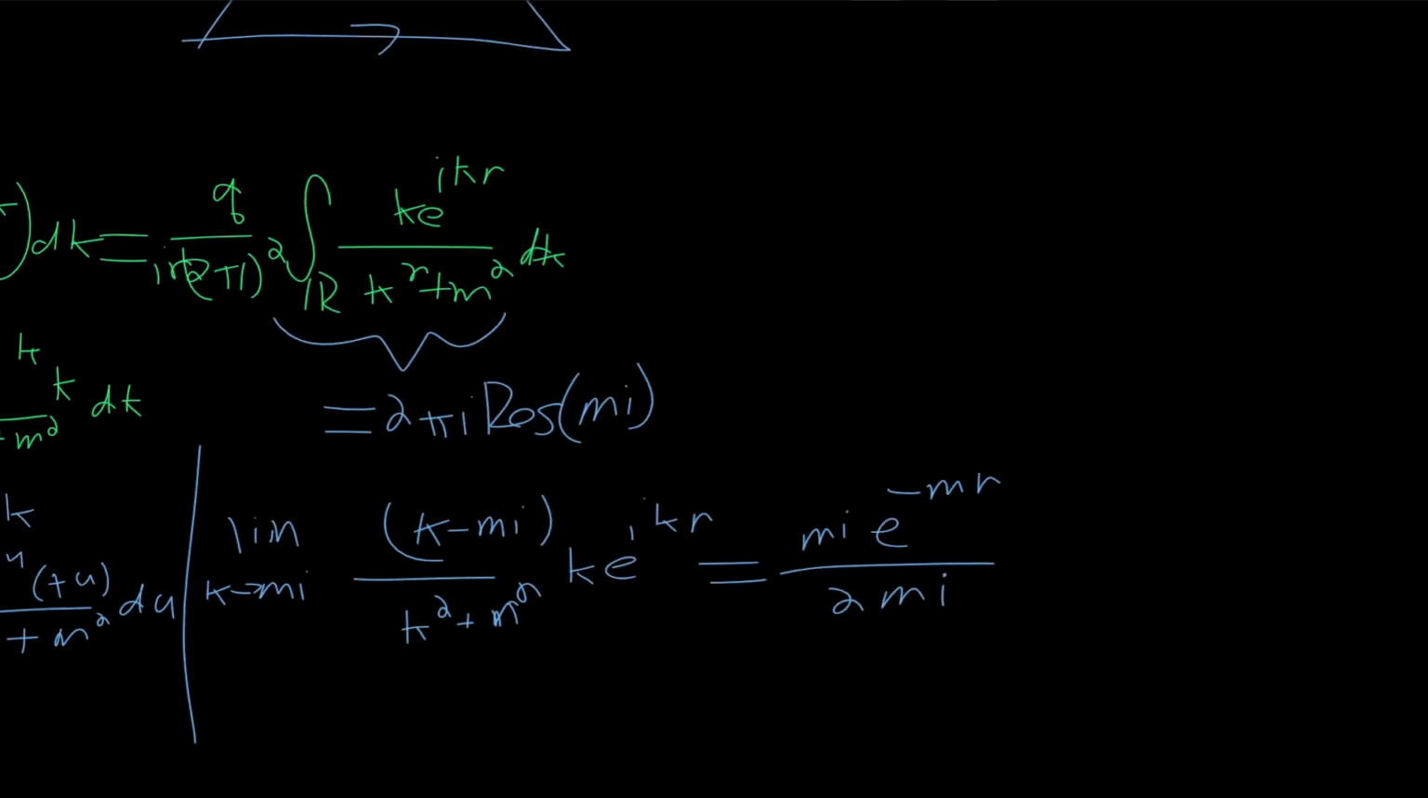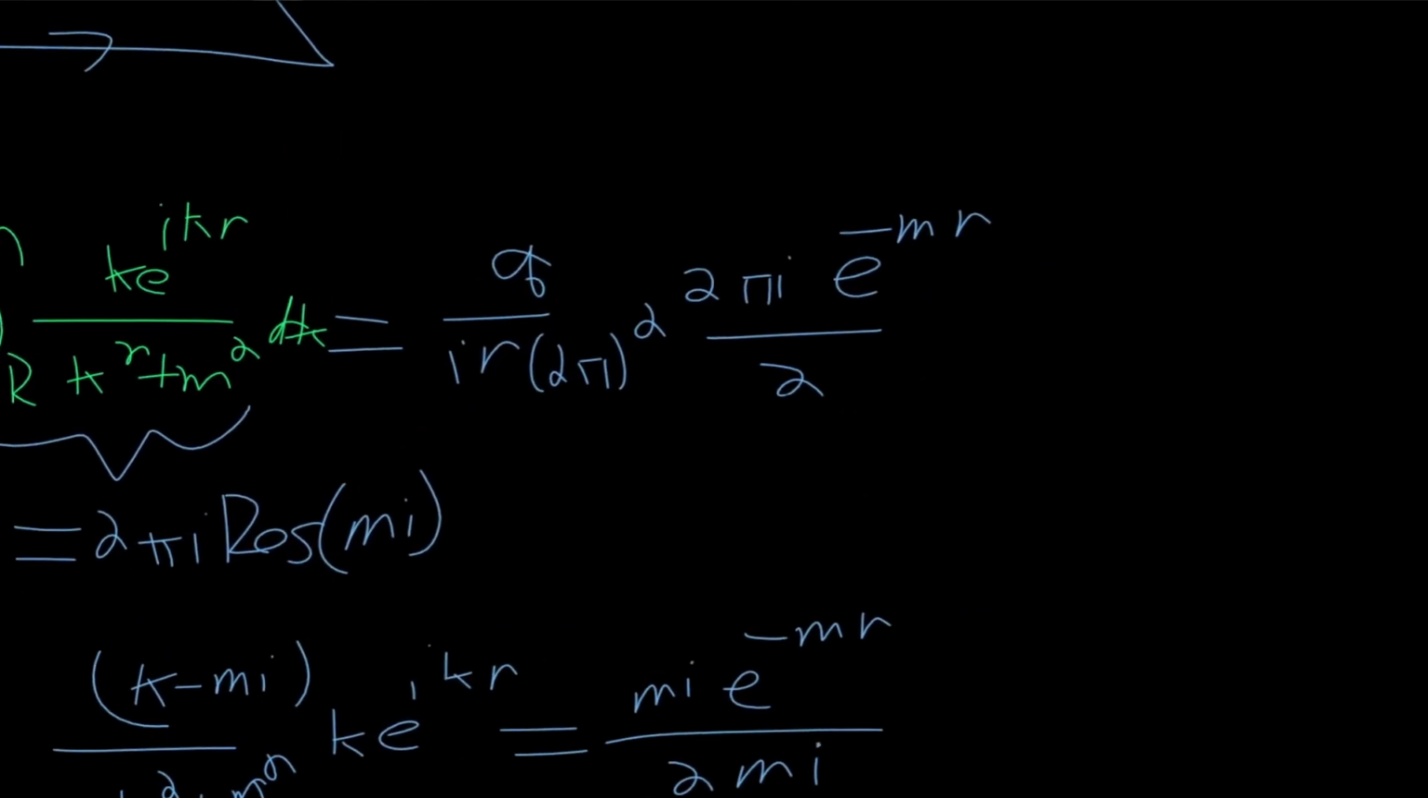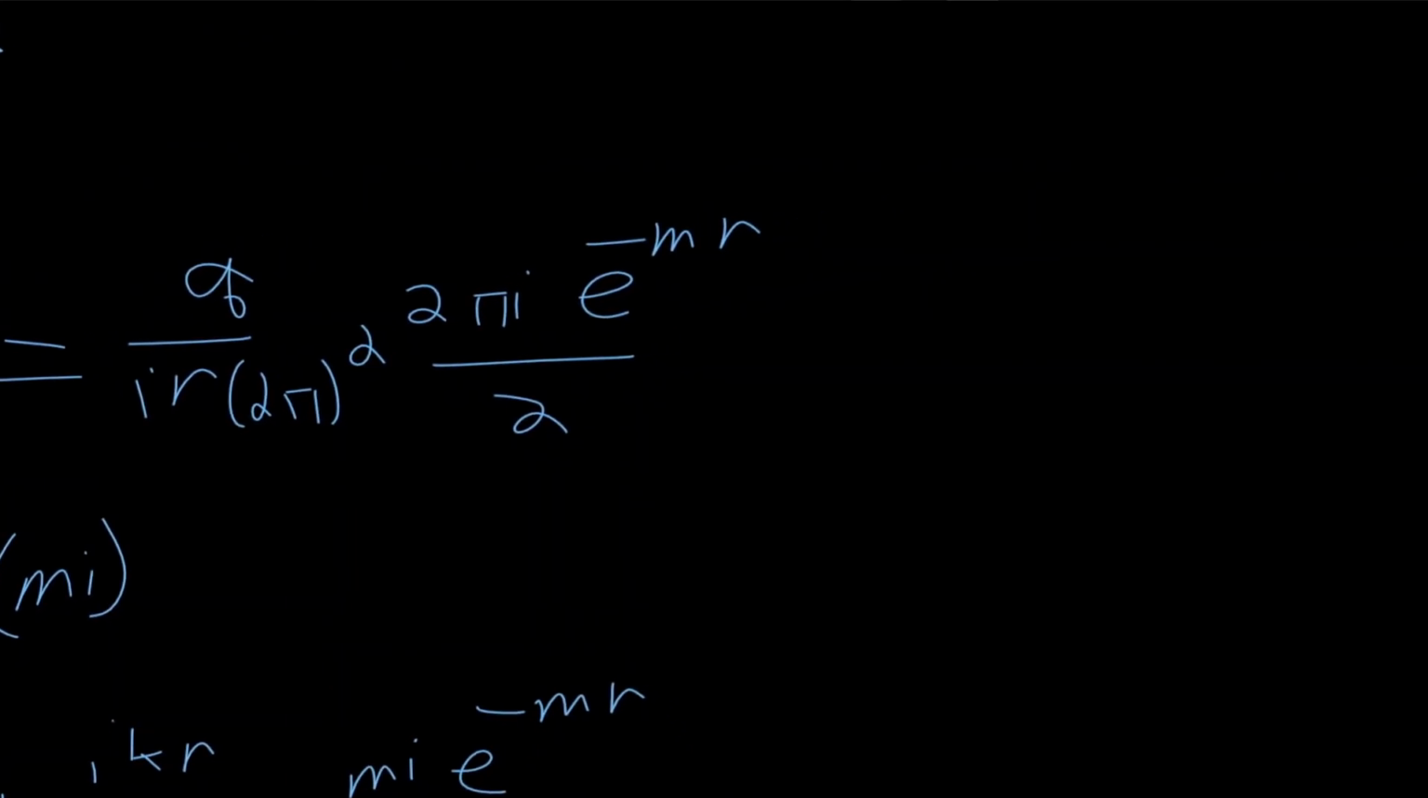Considering that's a residue, what we have then as our answer is the following. We have q over ir times 2 pi squared times 2 pi i times e to the minus mr, and then just divided by 2. So what do we get when we simplify all of this? Well, you'll see that these twos cancel, these i's cancel, so thank goodness we're left with something real. And then you'll see that this pi and one of these pi's here cancel. So what we are left with is q over 4 pi r,